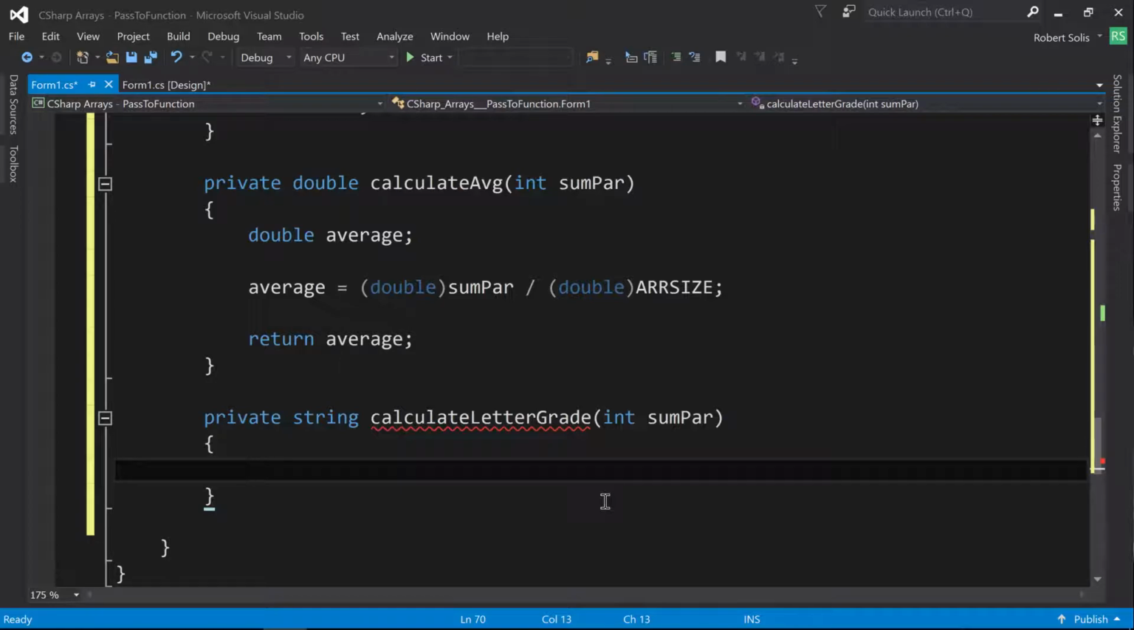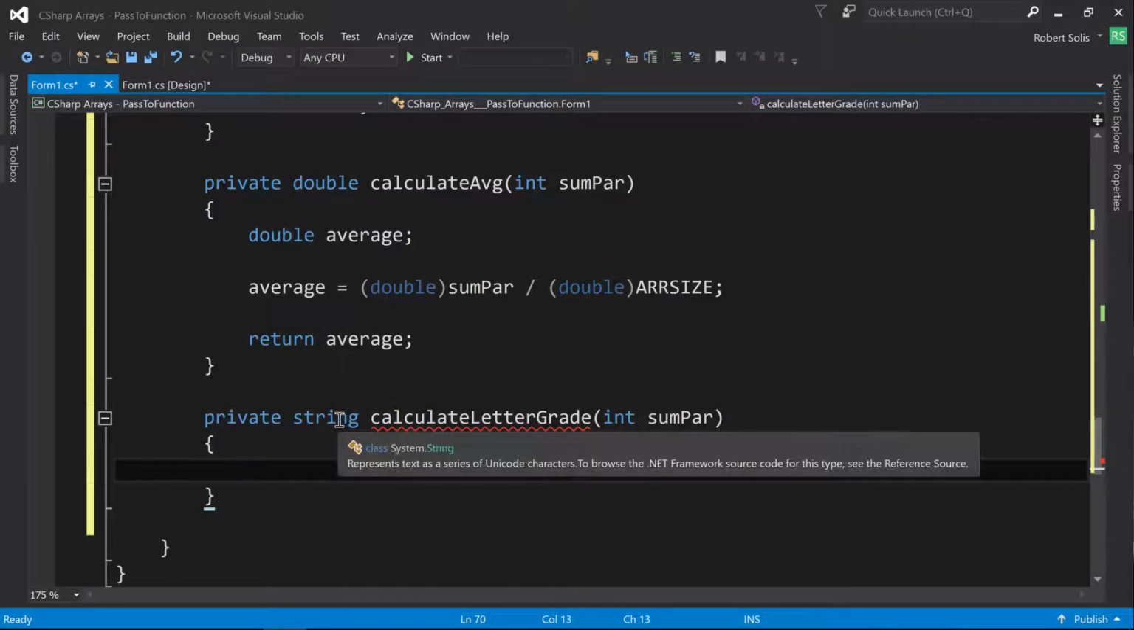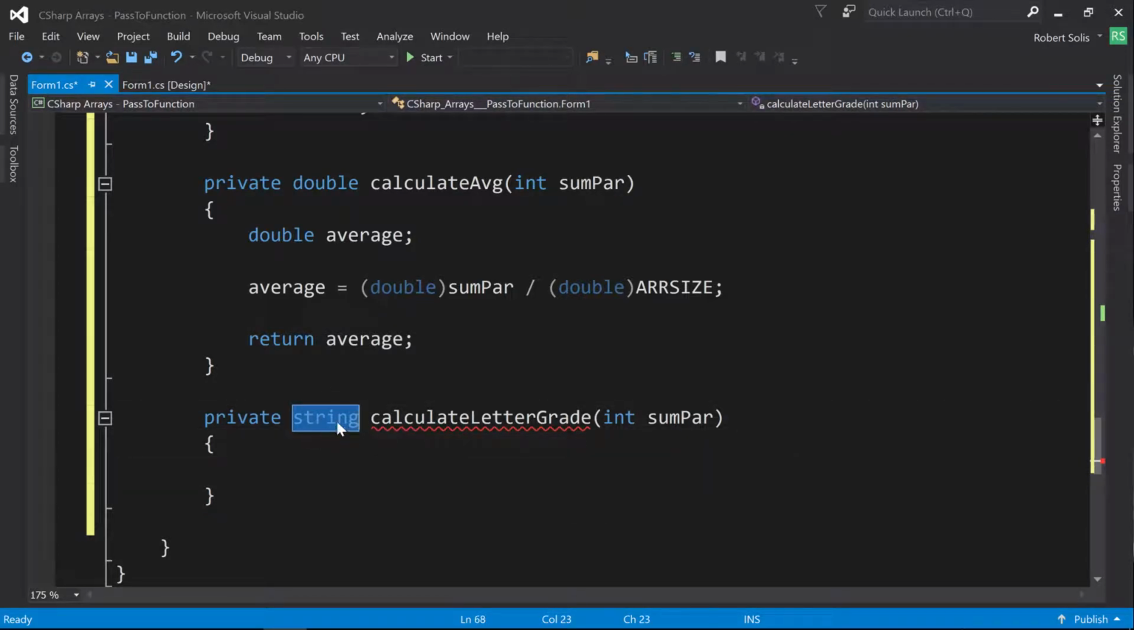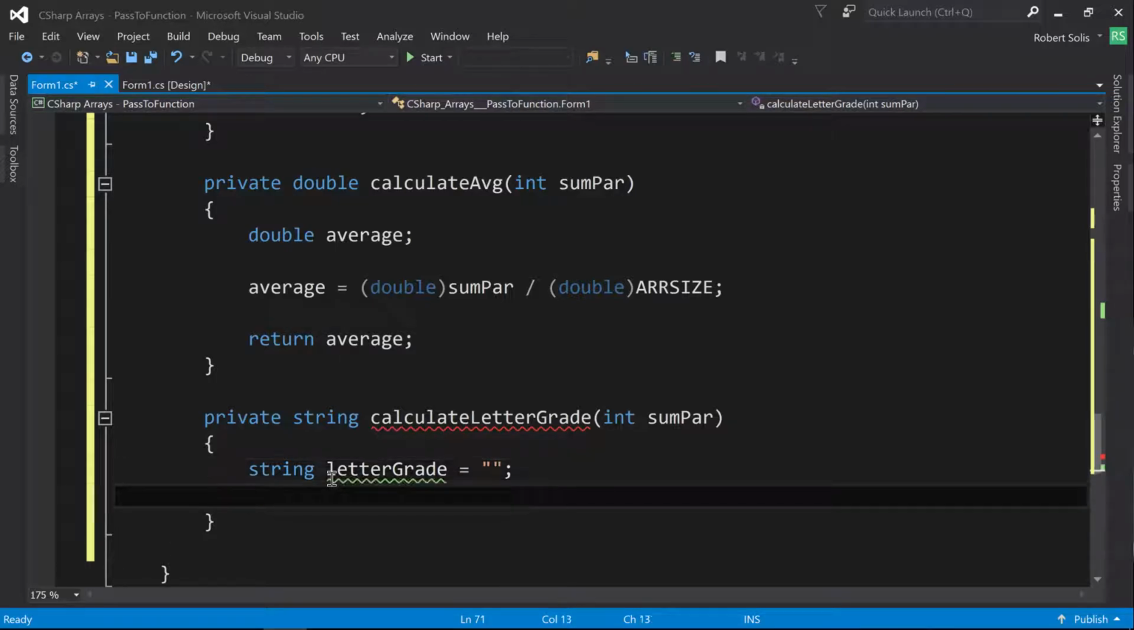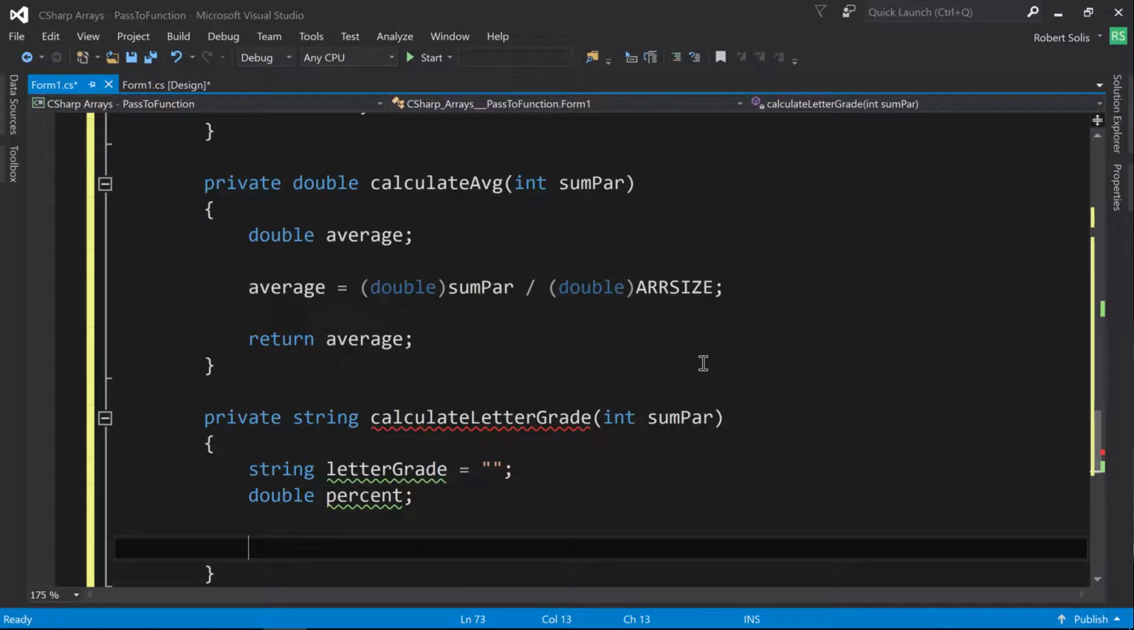Okay, well, I'm going to be returning A, B, C, D, or F. That's why this is string. So let me create a string called letter grade. I'll initialize that to nothing at first. I'm also going to create a variable called percent, because that's really what I'm trying to solve for. Well, what is that percent going to be assigned to? So percent, let's assign the following. First of all,